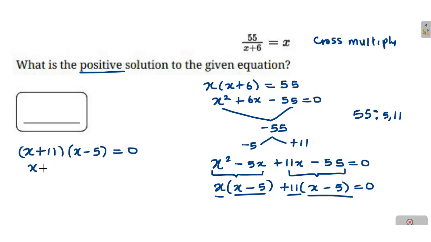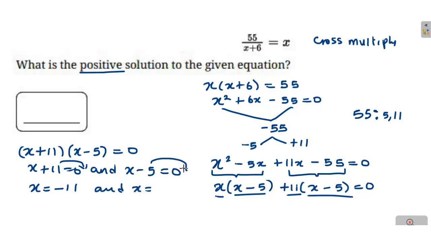So we can say x plus 11 is equal to 0, and also x minus 5 is equal to 0. Moving plus 11 over will give us minus 11. So x is equal to minus 11, and also x is equal to 5, moving minus 5 over to give plus 5. So our focus is the positive solution. There are two solutions, one is negative and one is positive. So the positive solution to this problem is x is equal to 5, which we are going to be plugging in